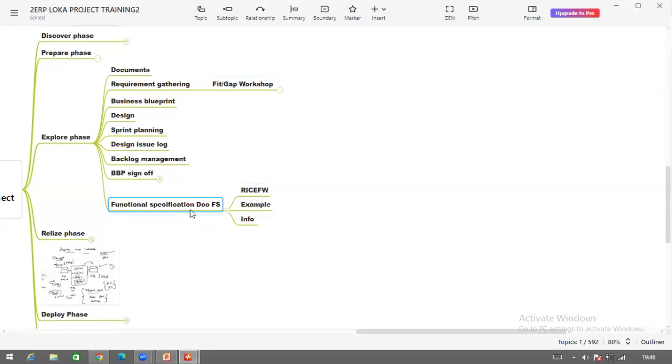Any gap needs to be reported to the technical people. I said that whenever there is a gap, we need a technical consultant or an ABAPer who is going to work on these issues, and he is going to build a new functionality in SAP. If he wants to build a new functionality in SAP, he will be expecting some details from us. Those details we need to provide in a document called functional specification. We have a dedicated session on this functional specification. We will discuss how to write the FS documents and how to explain the requirement to the technical consultant in his language.